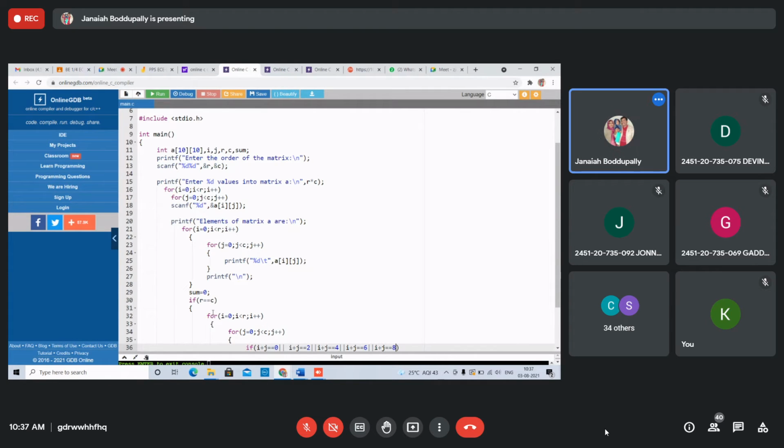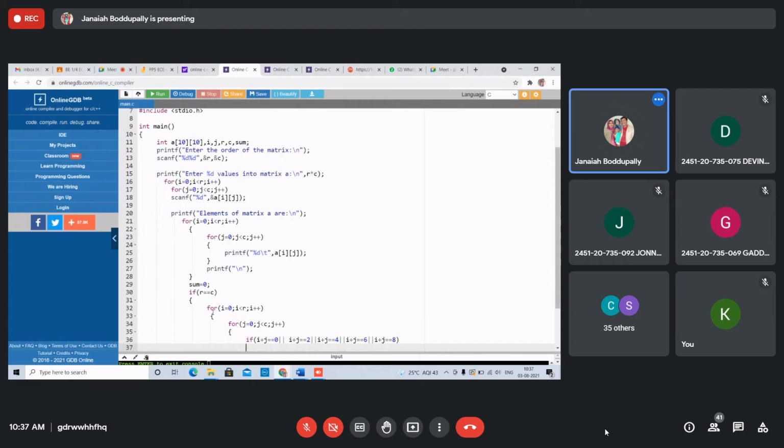All this is 4 plus 4. If you take the 4 by 4 also, you can take up to 10. Then sum equals sum plus a of ij.